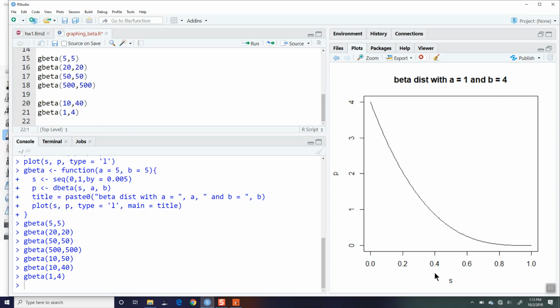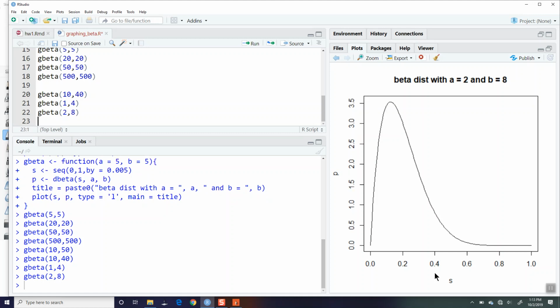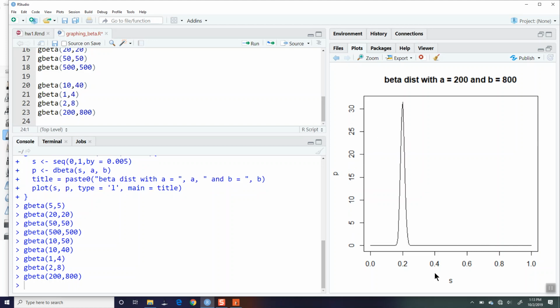If you take the mean of this whole thing, it looks a little bit messy, but that's what we have. 2 and 8 would give us kind of the same proportion. We get something very wide. And we can take it to the extreme and do 200, 800, and we get something still centered at 0.2, but a bit more reflective that we're very confident that it's something around 20%. Okay? So